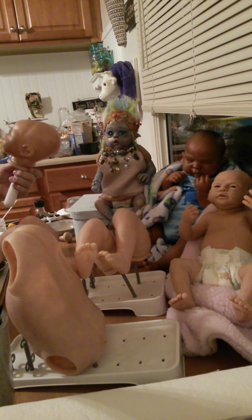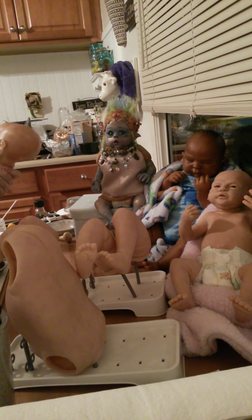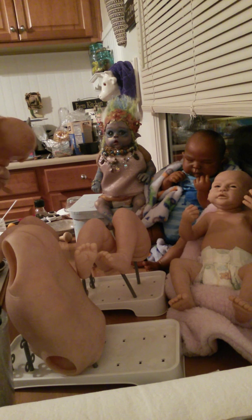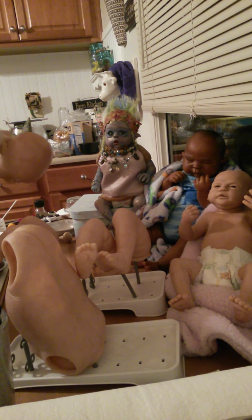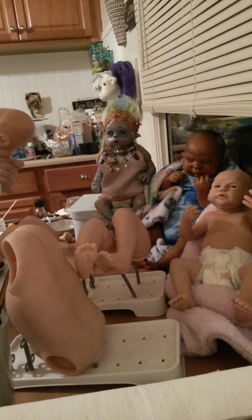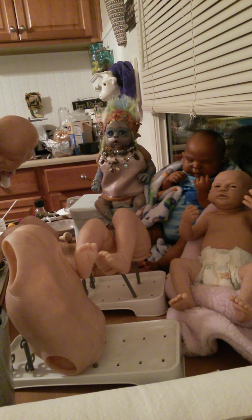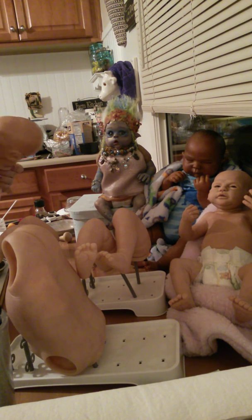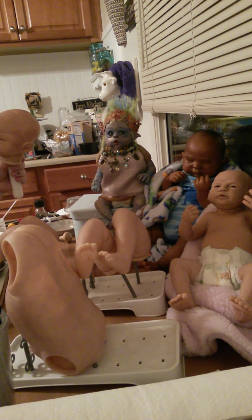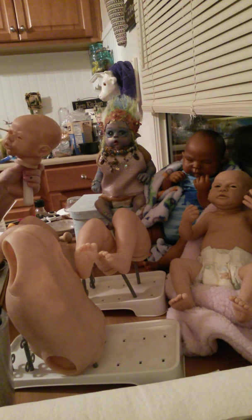And what I could do next, because this is like a tan base here, is after I'm done doing this, I will do just a straight yellow wash to get that golden color that I want, the golden undertones. I got two different sponge types going on here along with my big brush to blend. And then in the creases, I just use this brush, which was originally semi-pointed, but to get in those creases,